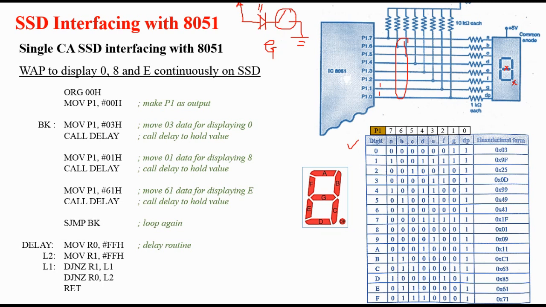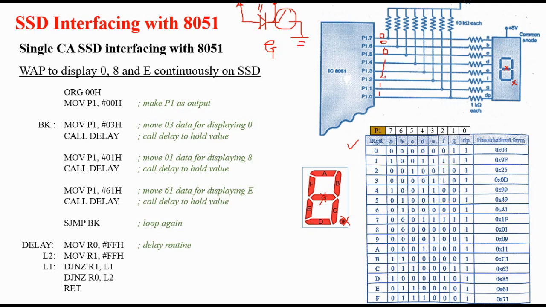The mechanism is to keep the other end of the LED at high. So in order to make the G LED and the decimal point LED off, we are putting values 1 and 1 at port 1.0 and port 1.1. In this way G and DP will become off, and the rest of the pins we will make 0. So what will happen?